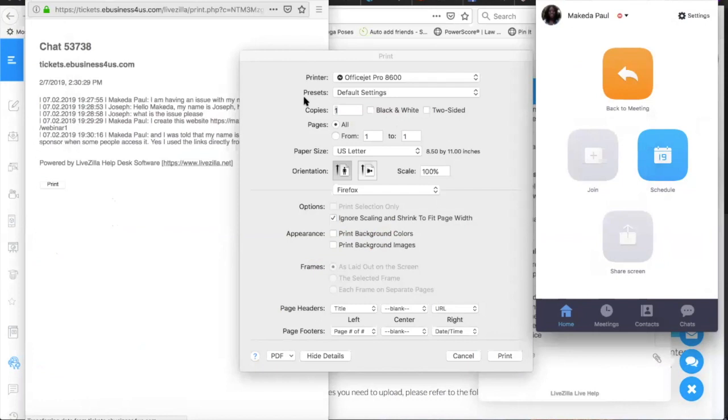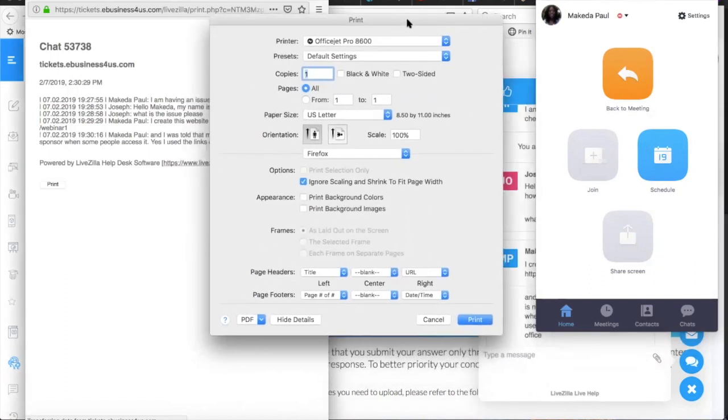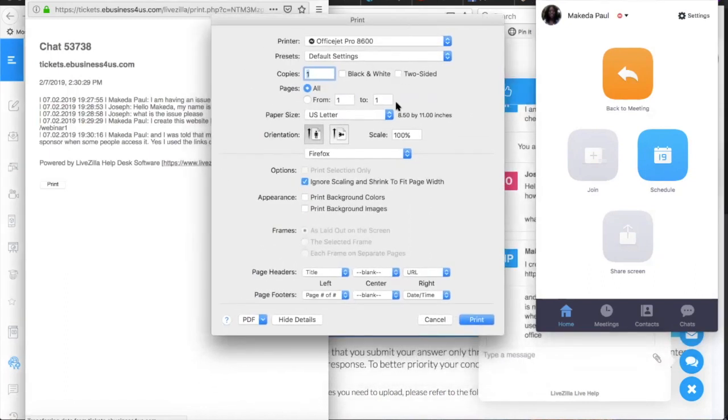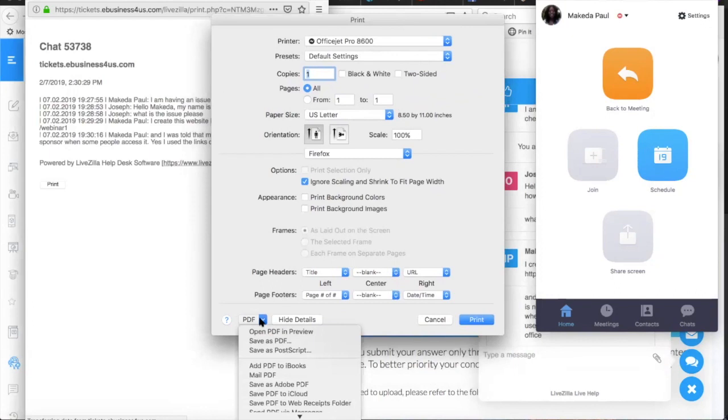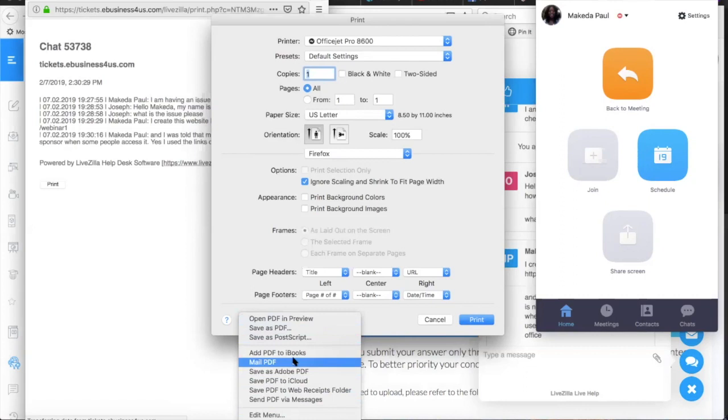Okay, so if you saw, I just went to the little three dots. I clicked the print option, and now this might look different for you depending on what computer you're using. But the bottom line is that you have the option somewhere on your print window to convert whatever it is that you're trying to print to a PDF, okay? So if you're looking at my computer, I'm running a MacBook Pro, and here you see there are several options for what you can do with the PDF version of the